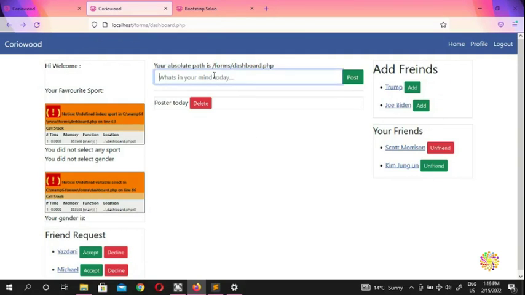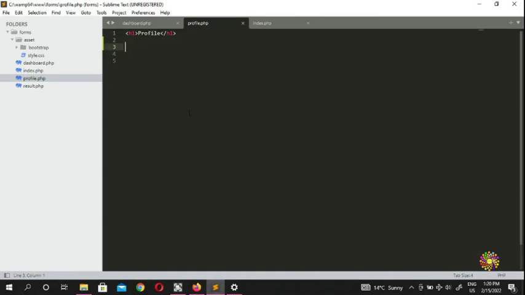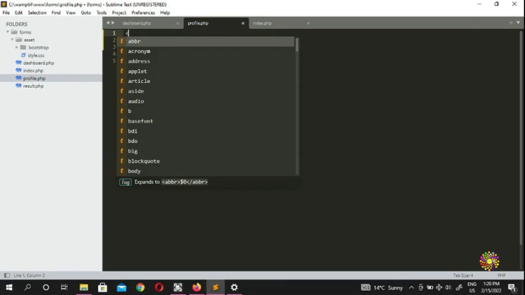Alright, so we have done our server PHP self, and we have shown you guys how to post and how to prevent attacks. Okay, so now we're gonna go to profile and we finish the profile. If you look in here, our profile is totally empty. So we're gonna bring all our HTML here. We begin with the HTML,